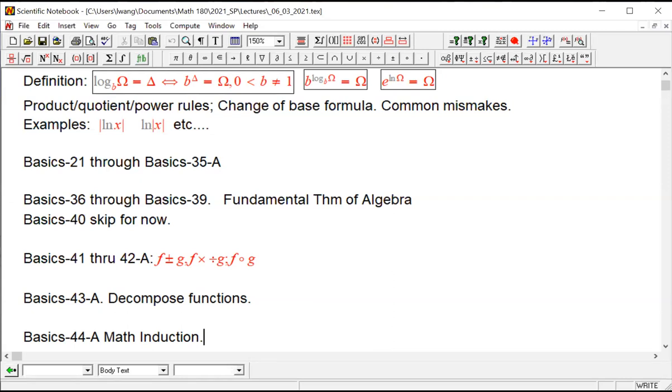So I picked one of the questions from 44B, because this is extra credit, so we can afford to do something more fitting to that title. Okay, math induction, 3 steps. When I examine your work, I want to see step 1, 2, 3